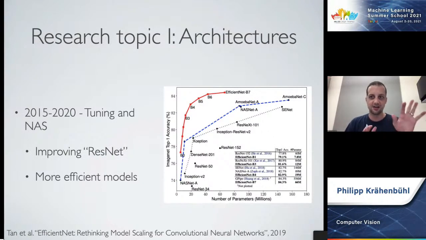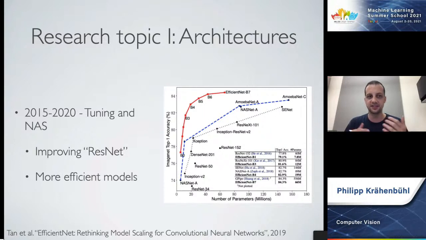I would say from about 2015 to 2020, we were in a weird space when it came to coming up with new architectures for classification problems. And that is because it was all improvements of residual networks. There was not this one overarching new idea that came in and disrupted everything. Residual networks came in and they really caught us a little bit off guard. After about half a year, everybody was using residual networks. In 2020, and even nowadays, people still use residual networks as part of their toolbox.